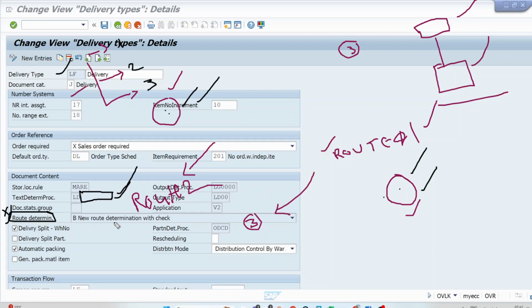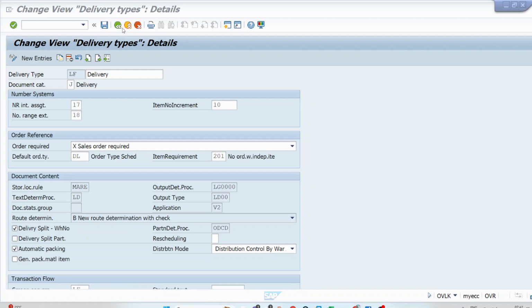So now let us configure three routes and automate the route determination at order level. We will see how this gets copied, and once it gets copied, what the importance is of this control that you have at delivery type level. We will see it one by one. Now let us go to the route determination configuration. But before that,